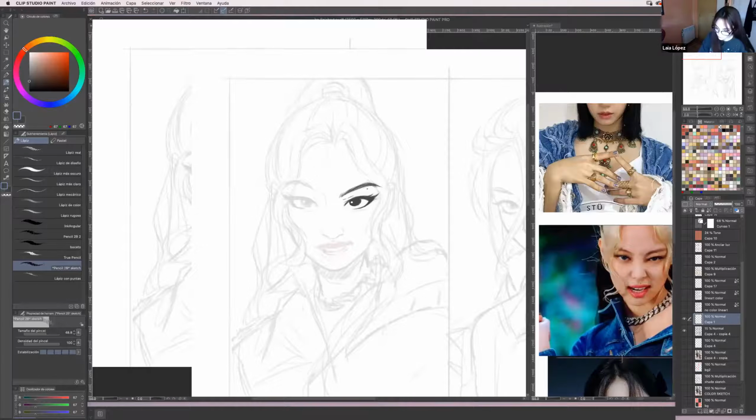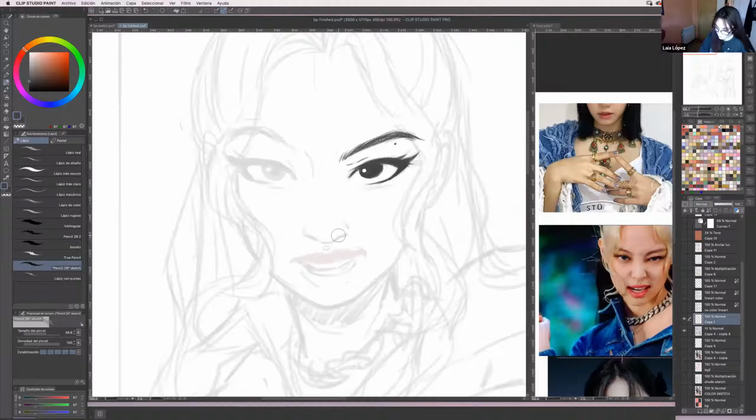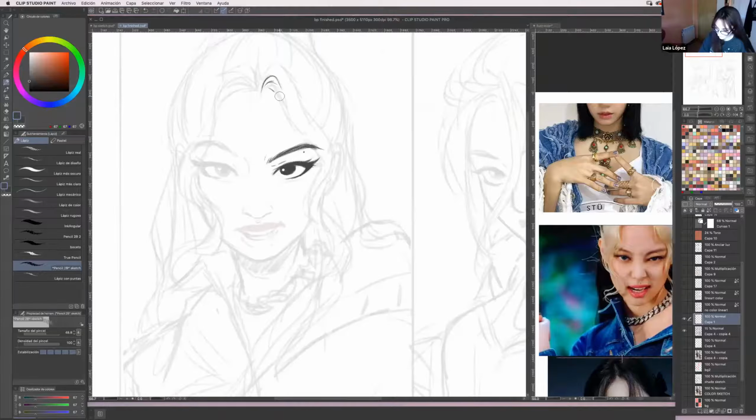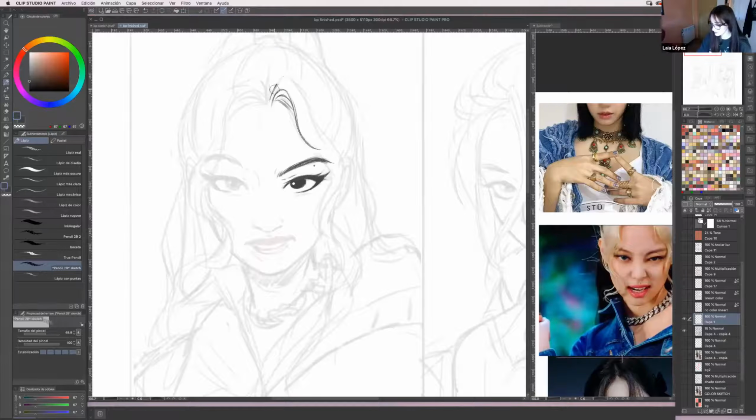I'm gonna draw a little bit of hair. As you can see, I don't always follow the lines. And I do a lot of erasing and doing it again and erasing again until I get the line that I want, until it looks nice.